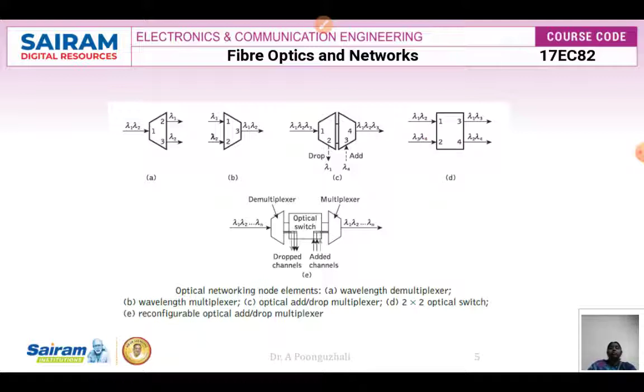So next, we are going to have the reconfigurable optical add or drop multiplexer. A reconfigurable optical add or drop multiplexer is nothing but a demultiplexer at the input side and a multiplexer at the output side. In between this demultiplexer and multiplexer I will have an optical switch, so that it is a reconfigurable optical add or drop. So this multiplexed signal will be demultiplexed, the unwanted signals can be dropped out with the help of these optical switches, and at the receiver side I can add the channels which I want, multiplex them and send them at the output.